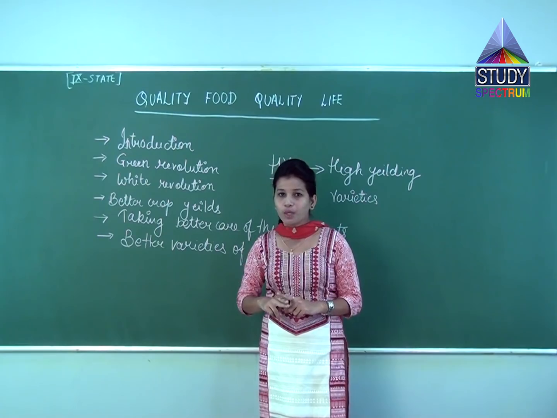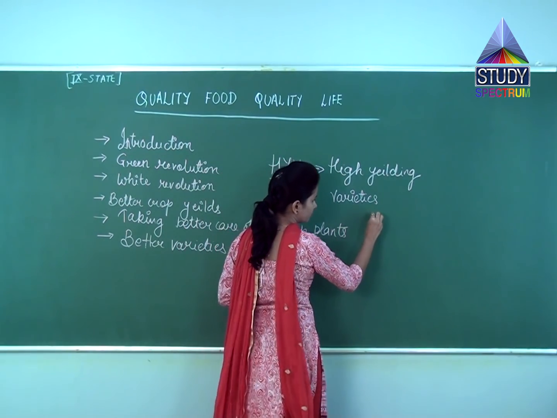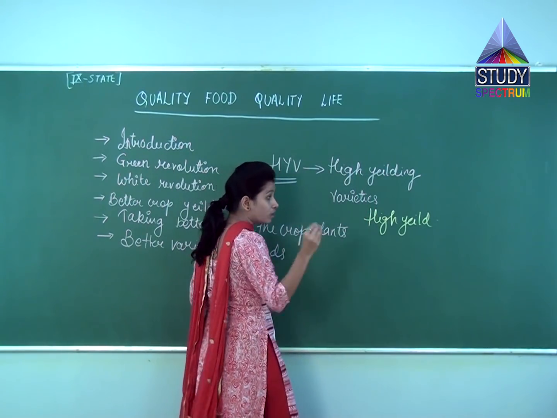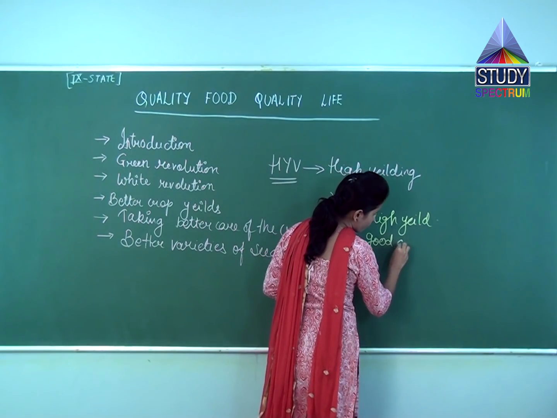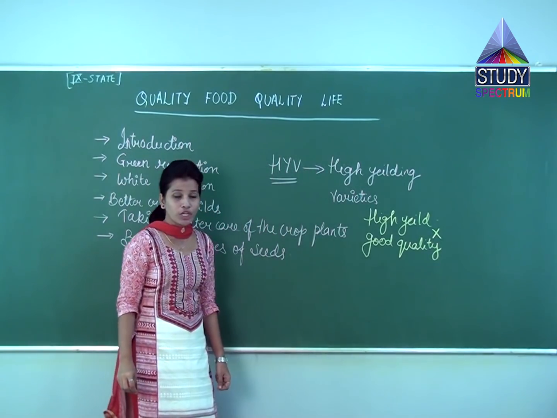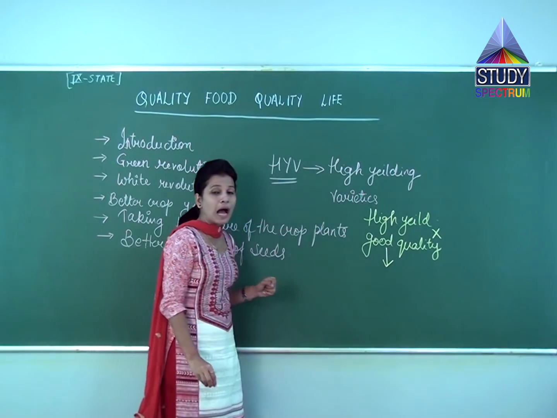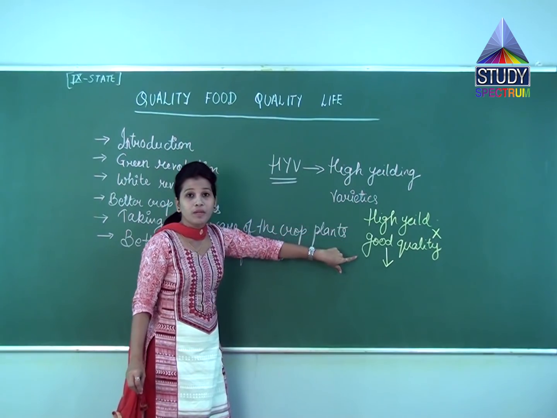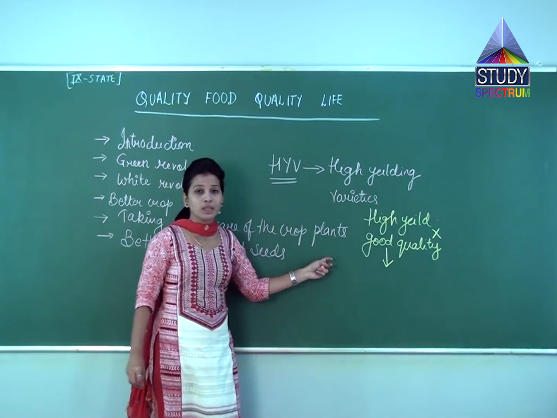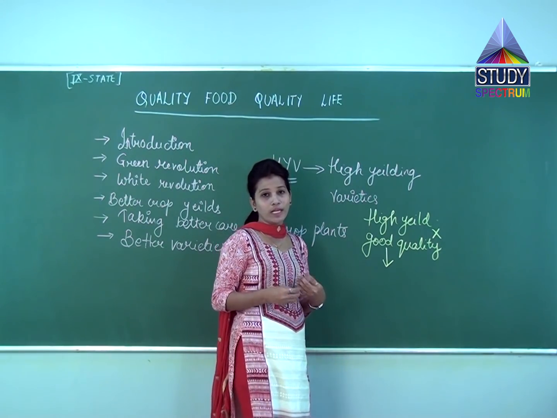So when the crossing is done between these two plants, one which is having higher yield and the other one which is having a good quality, when cross pollination is done between these two plants, then we will get a product that will be a high yielding variety and plus it will be of a good quality. So here we are getting two features at a time. This can be done between insect resistance, pest resistance, and disease resistance, and the improved quality of the products can be